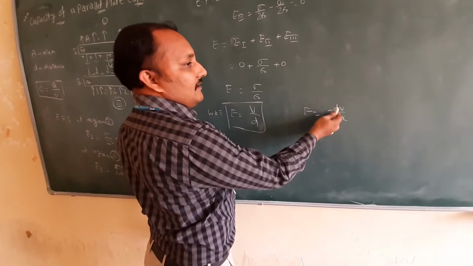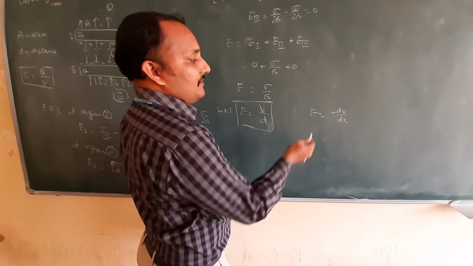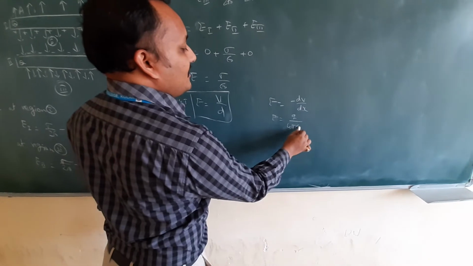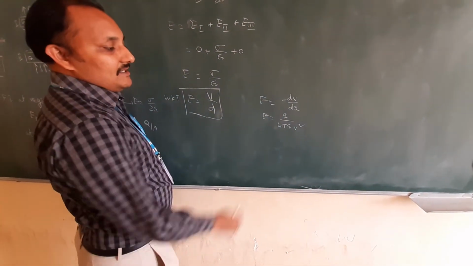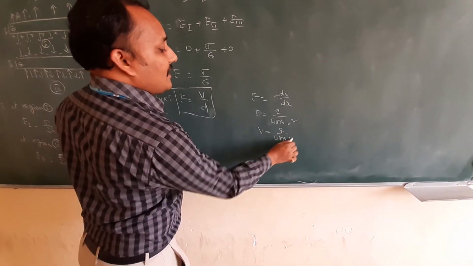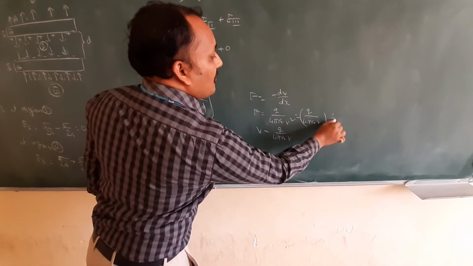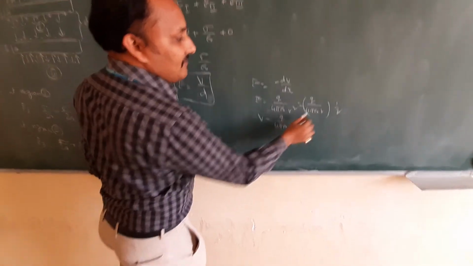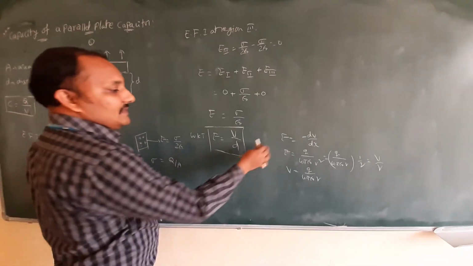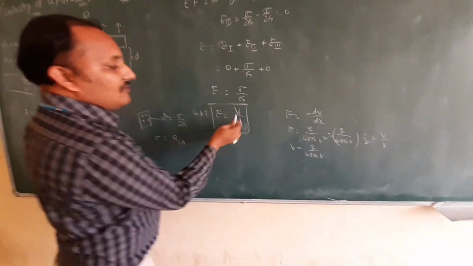Electric field is always the potential gradient, potential by distance. If you want to know more: what is the formula for electric field intensity due to a positive charge at some distance? E is equal to Q by 4 pi epsilon naught r square. What is the potential formula? Q by 4 pi epsilon naught r. So writing this as Q by 4 pi epsilon naught r into 1 by r, in place of Q by 4 pi epsilon naught r we can write V. Therefore, V by r. But when we write it as V by d, this derivation is not required for you. Directly you can write it. I just showed here how this formula came: E is equal to V by r or V by d.